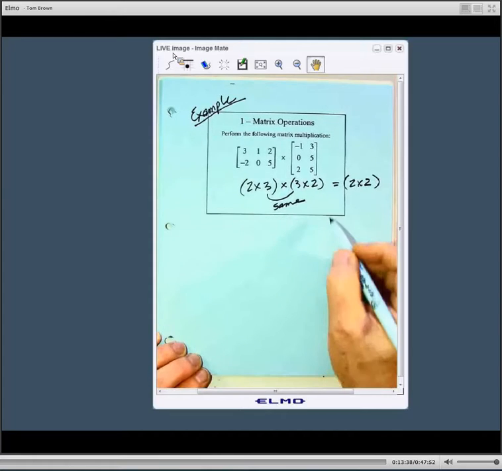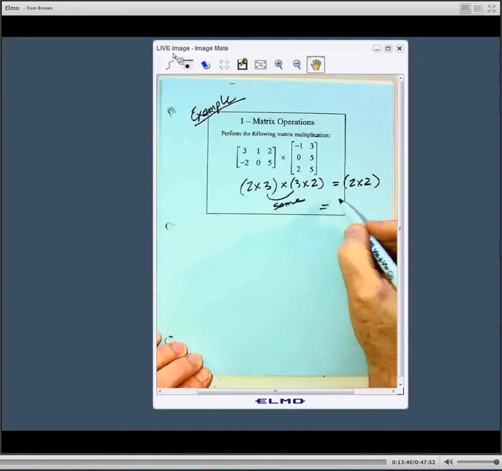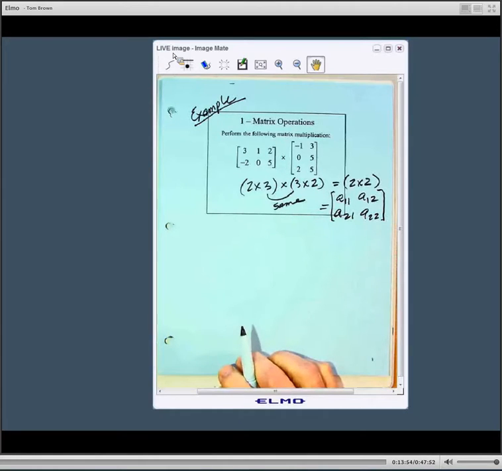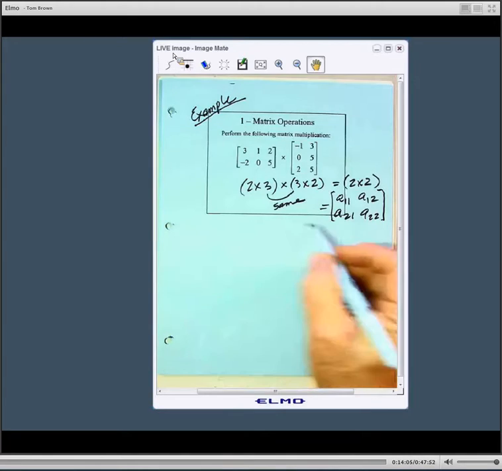Okay, and what we'll end up with, a 2 by 2, would then look like this: A11, A12, A21, and A22. Okay, and that's going to be easier for us to actually do the arithmetic here. Okay, so what we're going to have is for A11